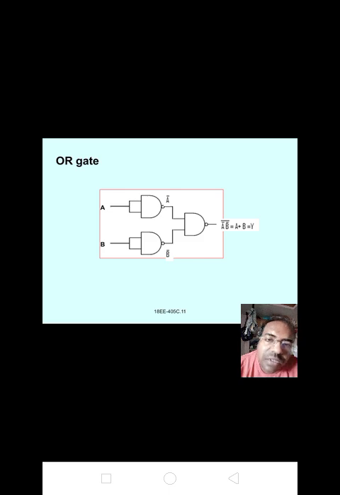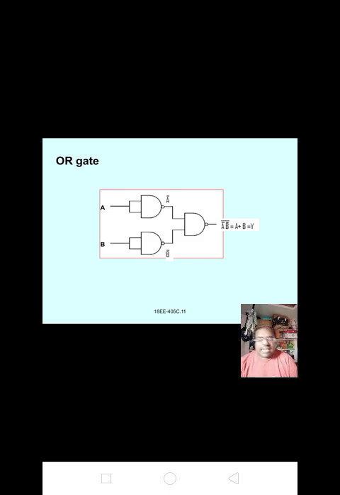First input of the NAND gate, A bar, the output of the NAND gate, A bar, is given to the third NAND gate, and the second output of the NAND gate, B bar, is given to the third NAND gate input. We get the output (A bar into B bar) whole bar equal to A bar bar plus B bar bar, that equals A plus B equals Y.